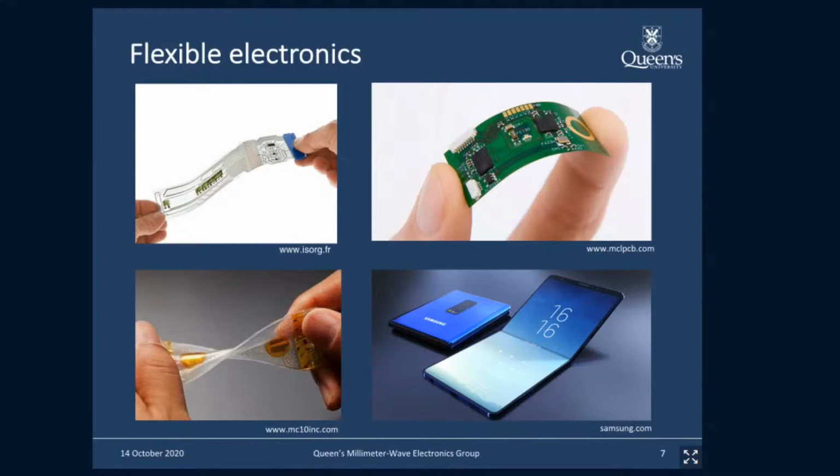And of course, here I have some representative images of circuit boards that are flexible, and the top two are clearly flexible. The one at the bottom left is of course stretchable, and here in the bottom right is a phone that you will probably have seen, of course, in recent times. It's a product by Samsung. It's a foldable phone,